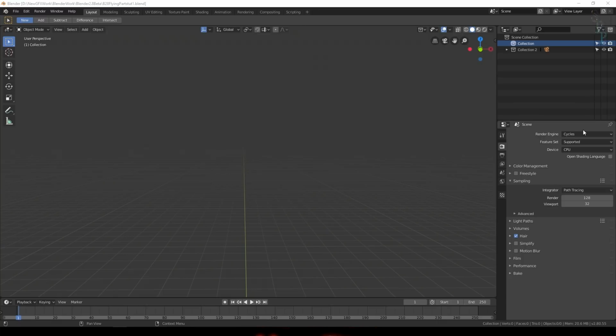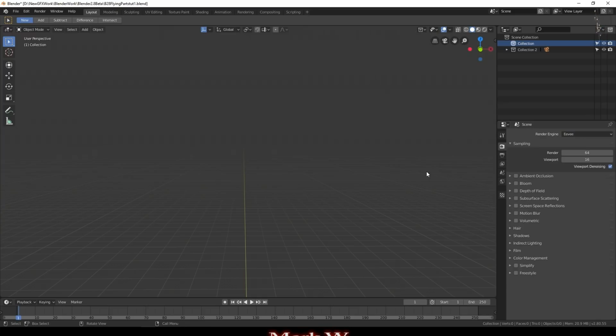But before we go any further, let's change the render mode. So I'm in Blender 2.8. It's 2.8 beta, so there are a few little things that are yet to be tidied up. But if we come up to here, the little sort of computer symbol, click in here and select Eevee. Nothing obviously changes to begin with. And we're going to need to turn on some of the elements in here later on. But to begin with, we'll just go with what we've got.